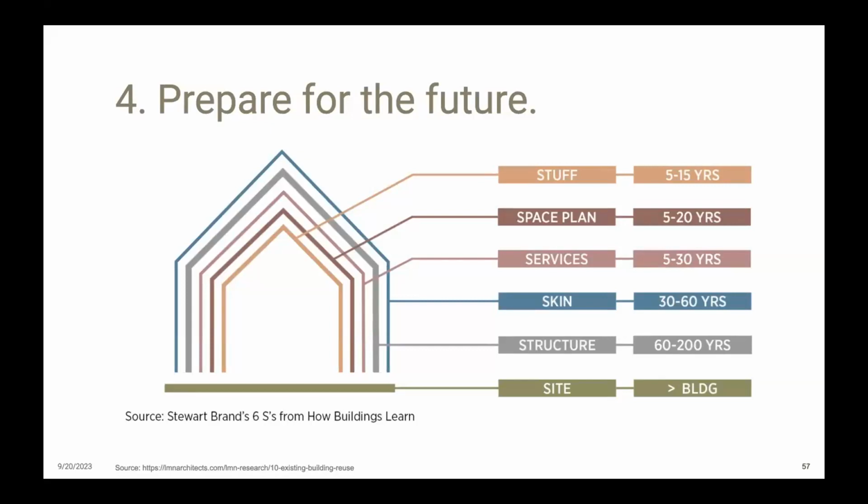So the last lesson learned that I want to talk about is being prepared for the future. In this retrofit, as well as at Hillel, we were able to upgrade all of the layers of the building shown in this diagram. Possibly most importantly, on both projects, we did seismic upgrades, which was a great way of preparing for the future and set up both buildings to continue operating for another 60 to 200 years. And while sometimes seismic upgrades are very carbon intensive, in these cases, the upgrades were relatively low in embodied carbon and mostly included the addition of hardware, tying a roof structure to the walls and walls to foundations. Next.